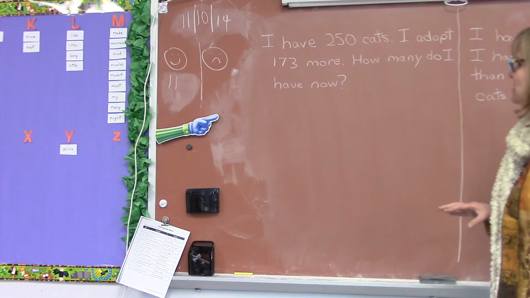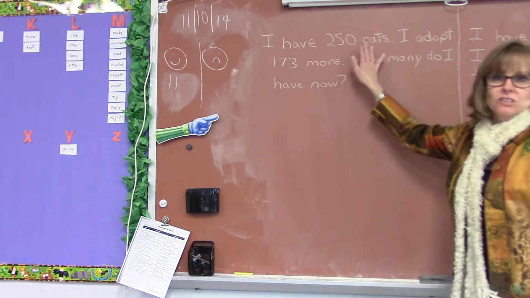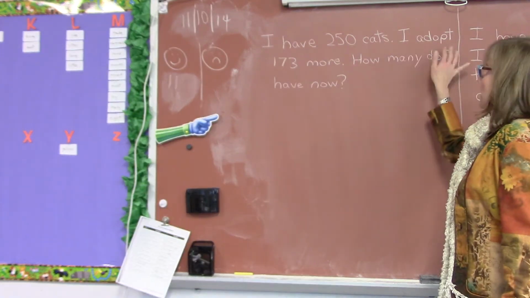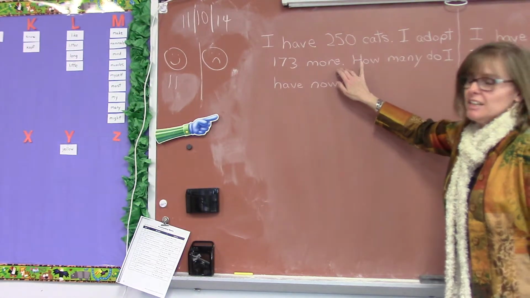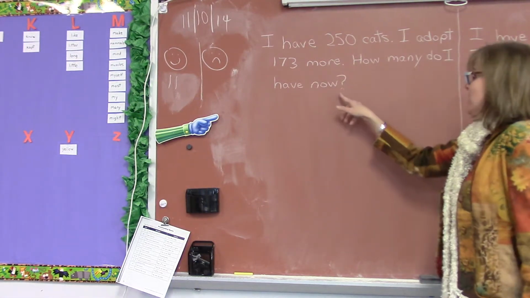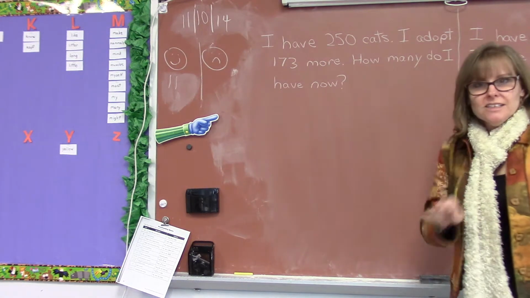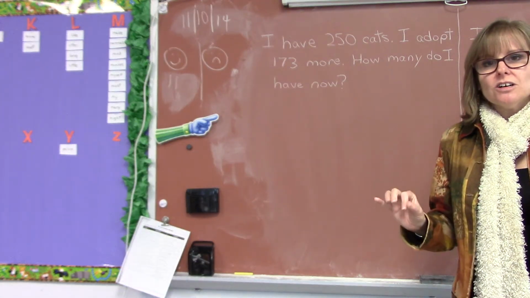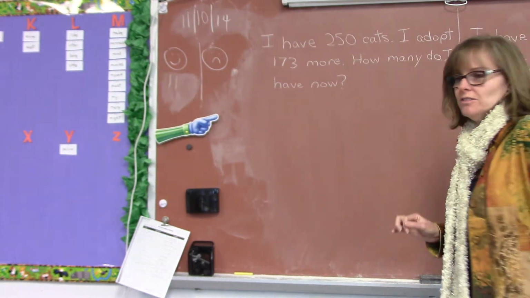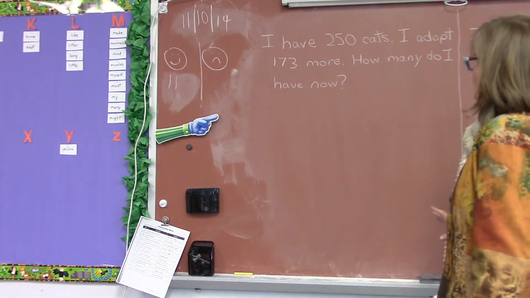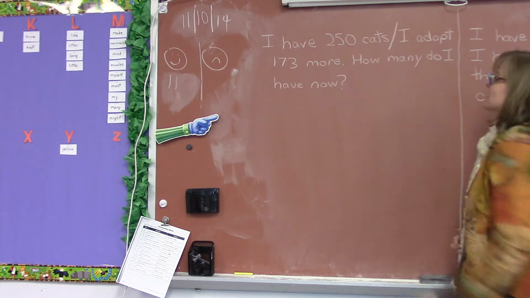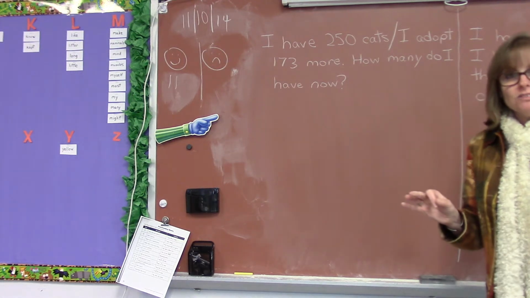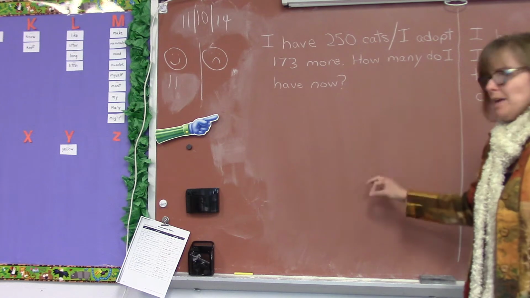Our word problem up here says, I have 250 cats. I adopt 173 more. Miss Day needs to get a life. How many do I have now? The way that I teach students is always start with the information that you know. I'm going to look for the very first piece of information in here. I have 250 cats. Now, the first thing I want to do is make a bar model